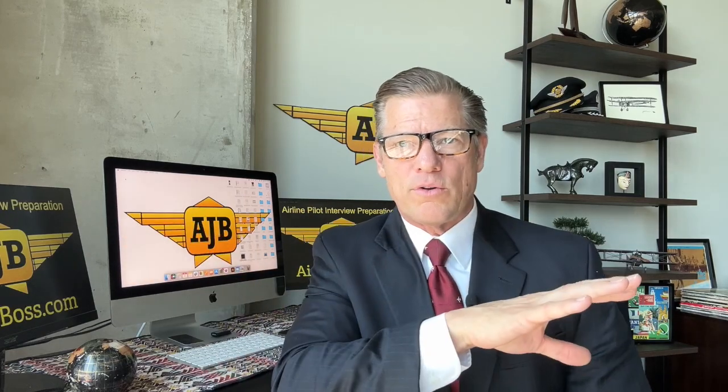This means that all the times have to add up, right? The total flight time has to add up to the smaller types of flight time: PIC, SIC, solo, and dual given, or dual received. All those are total flight time. So if you have a discrepancy there, there's a problem. Now, how you reconcile this is you get an electronic